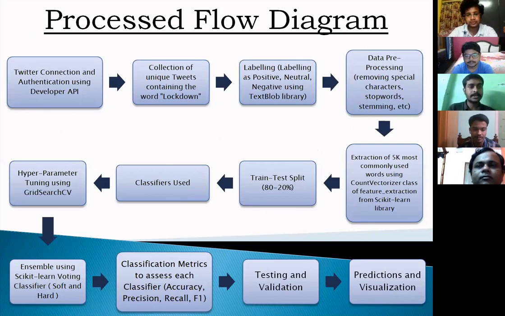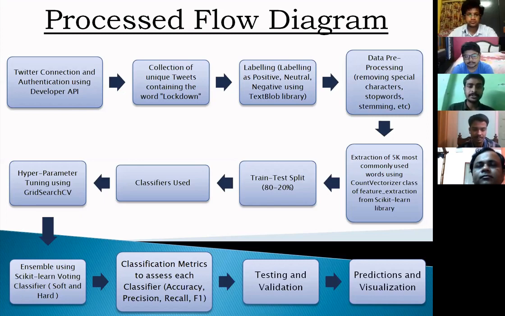We started our project by collecting lockdown data from Twitter using the Tweepy API of Python. Then we labeled our data, whether it is positive, neutral, or negative, using the TextBlob library, followed by data processing, that is removing special characters and stopwords, followed by stemming. Then we extract the 5,000 most commonly used words using the scikit-learn library, and we split our training and testing data